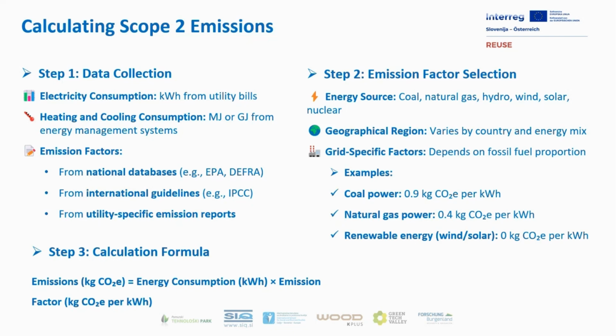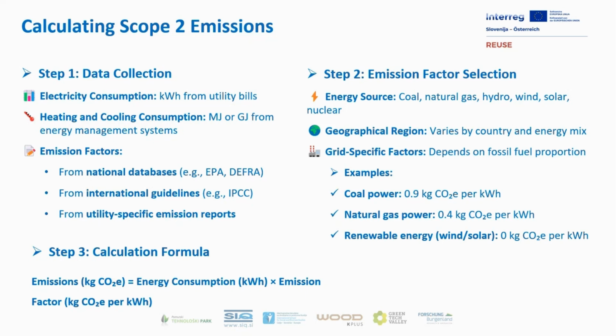Step 3 is the calculation itself. Once we have the consumption data and the emission factor, we use a very simple formula: emissions equal energy consumption multiplied by the emission factor. So, for example, if a company consumes 100,000 kilowatt hours of electricity and the emission factor is 0.233 kilograms of CO2e per kilowatt hour, then